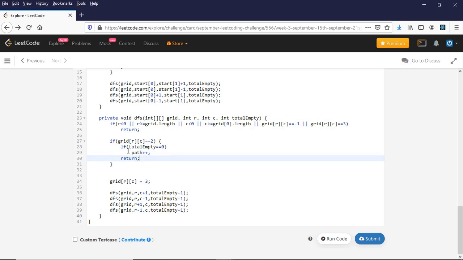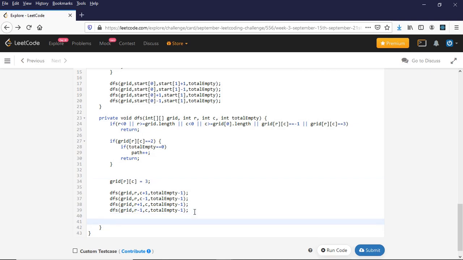In either case return if my cell is equal to 2. Then I'm marking the cell as visited and again going in all 4 directions, right? Now one thing that I missed here, which I need to add, is I need to again mark the cell as unvisited. The reason why I need to mark this as unvisited is because if, for example, this particular path that I'm taking is not the correct path, I need to backtrack. So that is the backtracking that's happening here. So if I'm backtracking, that means that the current cell that I visited needs to be marked as unvisited, right?